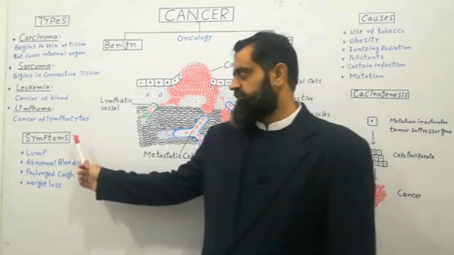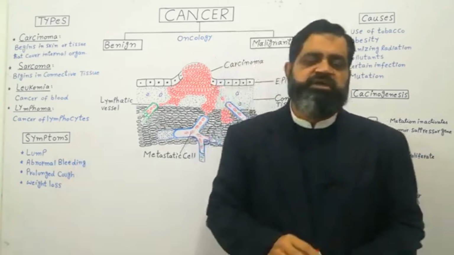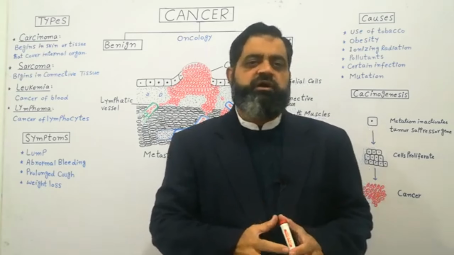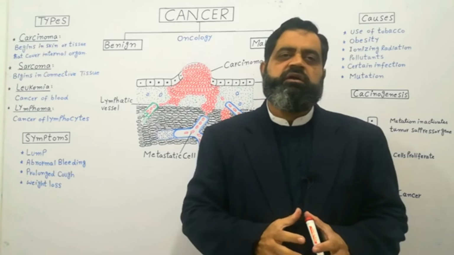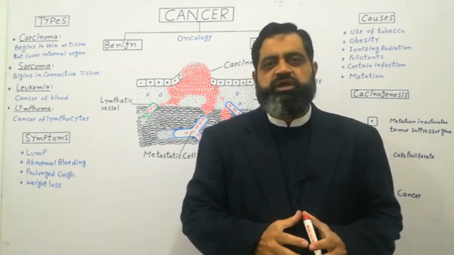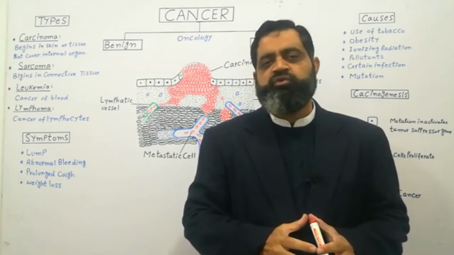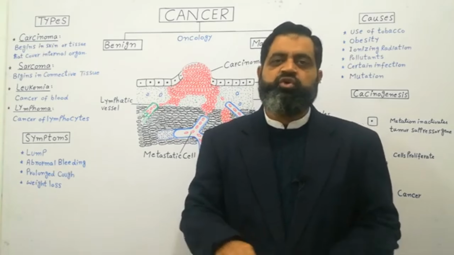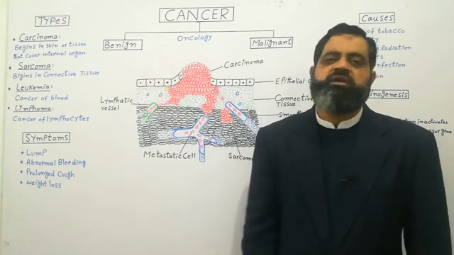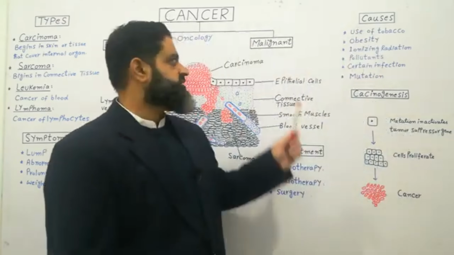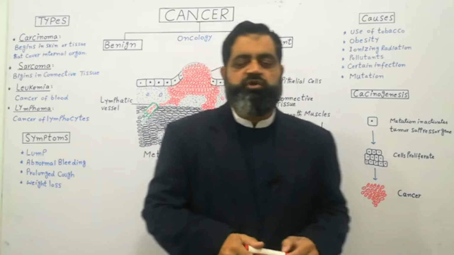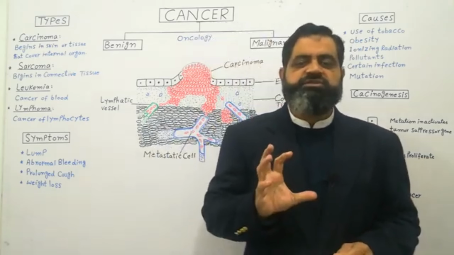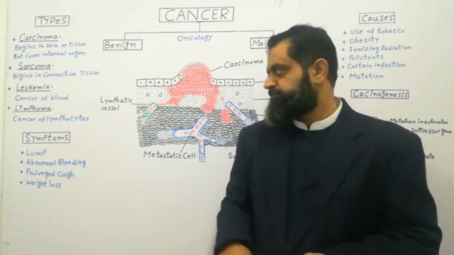The first symptom of cancer is a lump. The lump of cells, which is also known as a tumor, is a group of cells. As I already told earlier, a lump of cells is known as a tumor, and a tumor can be of two types, benign and malignant. If the tumor is non-cancerous and localized, then it is known as benign, and if it is cancerous and spreading all over the body, then it is known as a malignant tumor. So a lump of cells is the major symptom of any type of cancer.